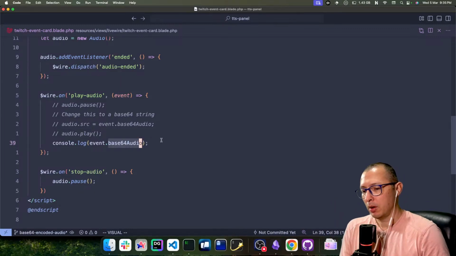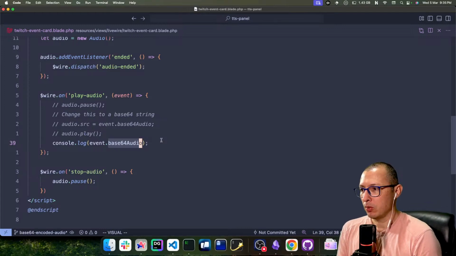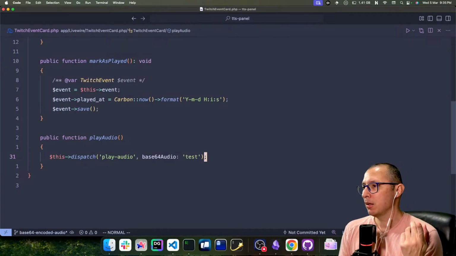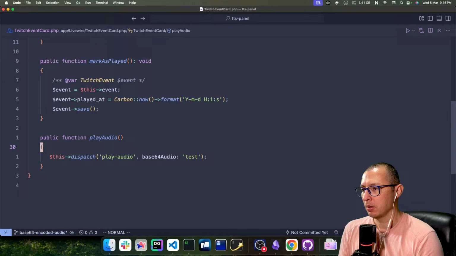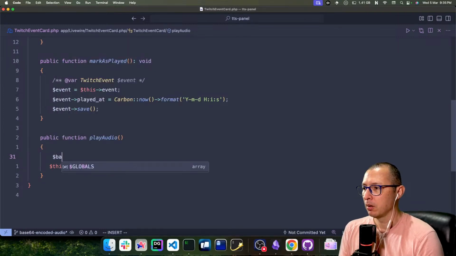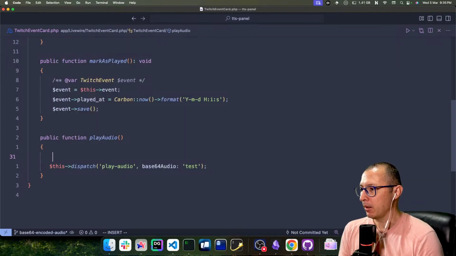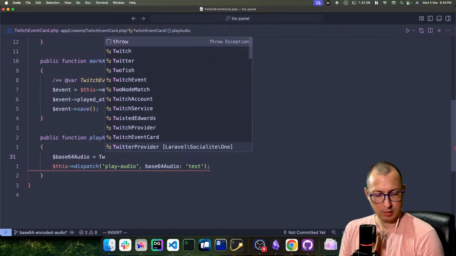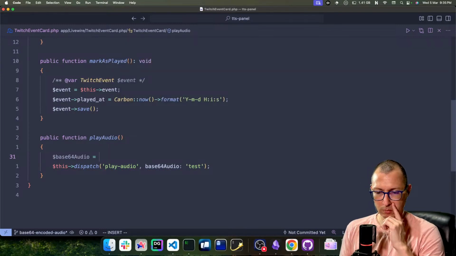Now I need to put a base64 encoded string into this parameter here. And I think the way I want to do it is... Why is my indentation bad here? What happened? There we go. I can say base64 audio equals, I'm gonna use my facade,